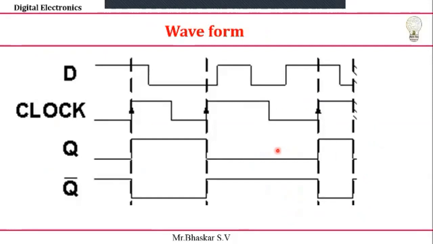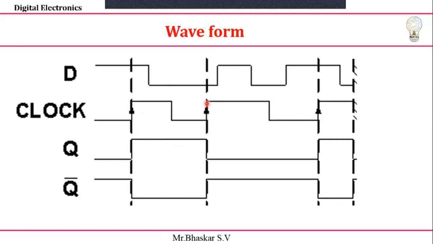Okay. Next, how am I going to write the waveforms? It's very simple. Whatever the D value is, my Q value follows it, but it is based on your clock. That is very important. Here is the clock, looking for a high edge. Suppose in this case my D value is 1, that's why my Q value is 1. Next, it will go to the next pulse. Suppose in this case D suddenly becomes 0, but the output will not change to 0 because it is always looking for the clock signal.